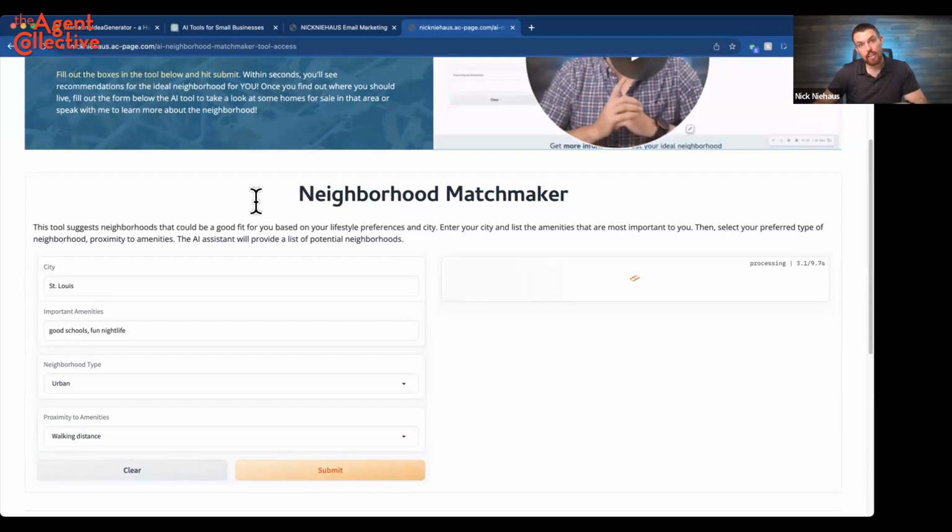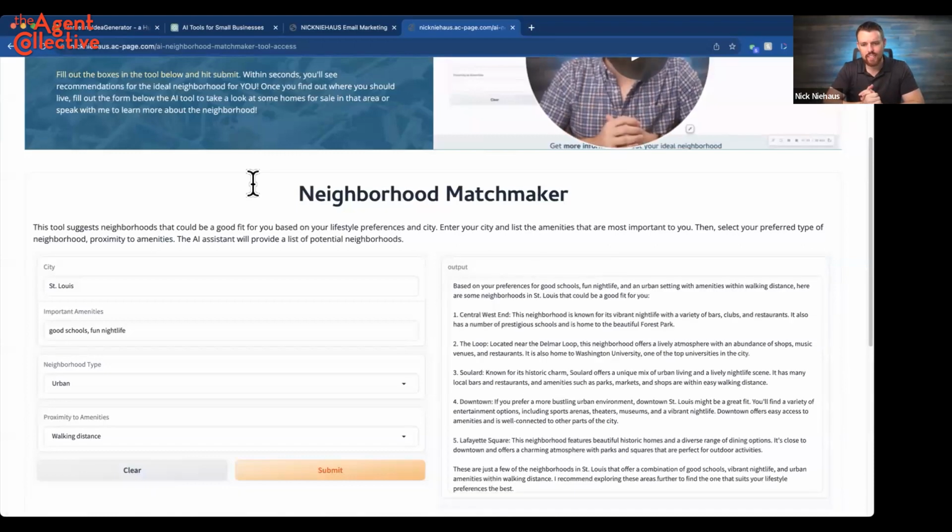And this is what I mean by intentionally keeping this tool simple. This tool will only do this. It will not answer with anything else. So it's not going to come back and say, oh, okay, I found a bunch of other ideas, or, hey, do you want me to recommend some recipes or anything like that? It is pre-built to only recommend neighborhoods. So here we go. Here's the output that we get.